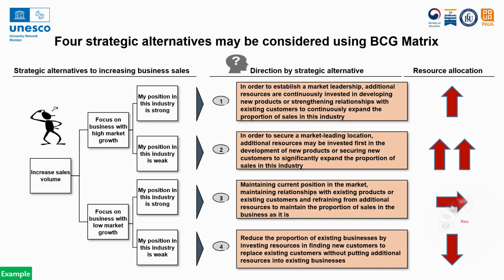So based on our analysis, if the market is growing high and my position in that industry is weak, we may choose the business strategy of number 2, where in order to secure a market leading position, additional resources may be invested first in the development of new products or securing new customers to significantly expand the proportion of sales in this industry. So we need an aggressive strategy